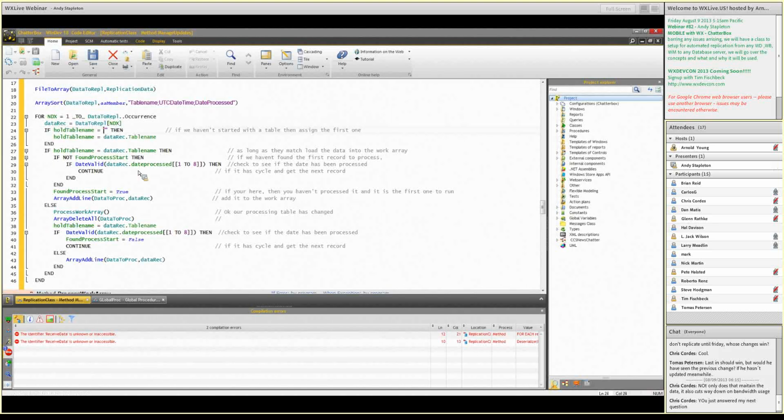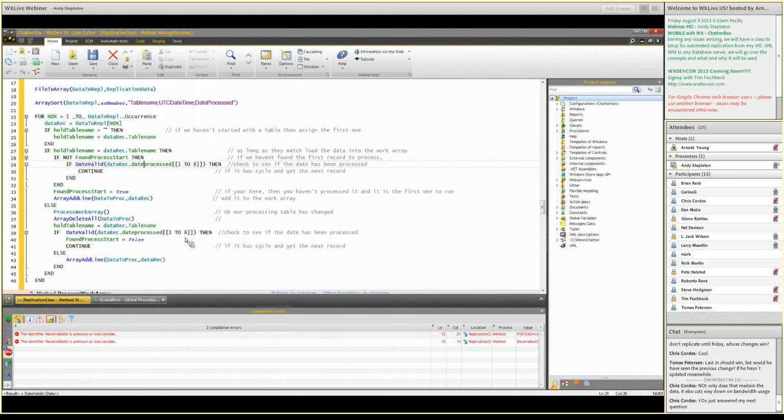If I've got a blank in my whole table name, the old adage is this is the table I'm working with until I get to the next table. I'm going to put that in there, and as long as that, I'm going to see if I'm ready to process or not. Okay? So the thing I'm checking to see is whether or not I processed the current record. If I have, goodbye. I don't need to do this one because